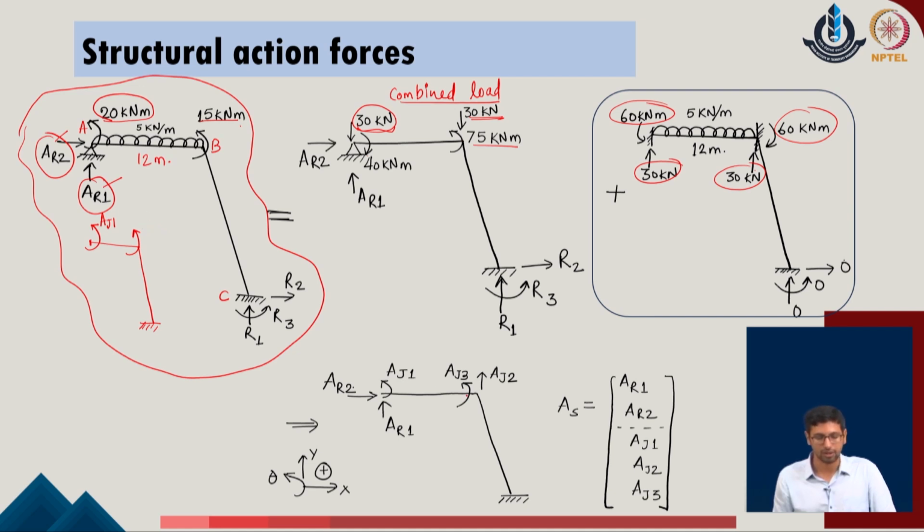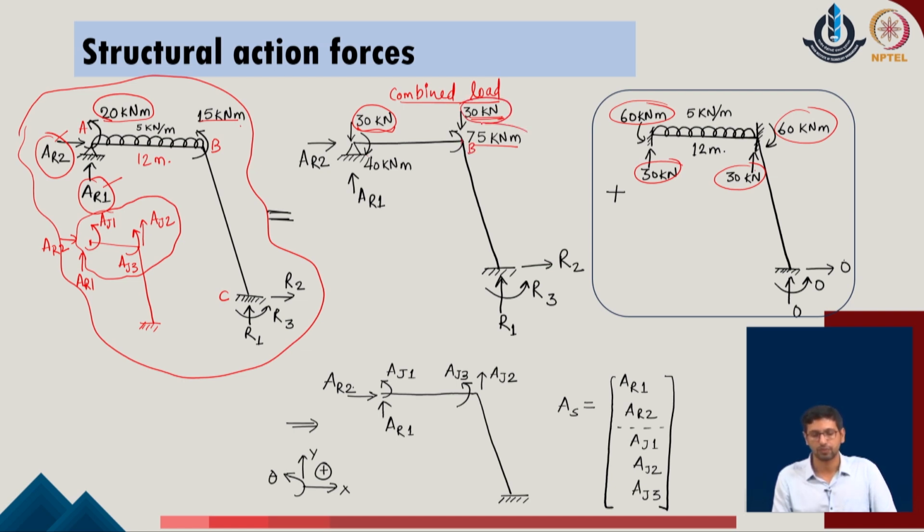We have actually considered the third one, which is corresponding to the transverse movement of the given system. So, I will consider this one as the AJ2, and the rotation will be considered as a AJ3 for the given system. So, considering these three action forces in the given system with respect to the joint and two action forces with respect to the redundant contributions, now we identify that there are total 5 number of forces which are active on the given system and which are responsible for any kind of deformation taking place in the given problem. One must again understand that the values of the AJ2, AJ3 all are defined corresponding to active loads on the given problem.